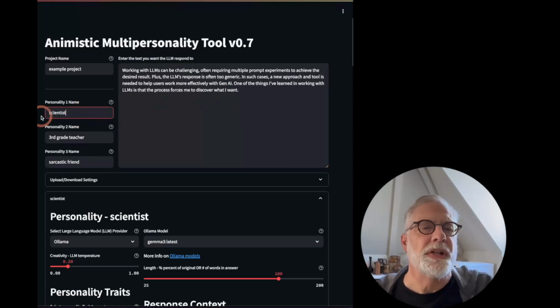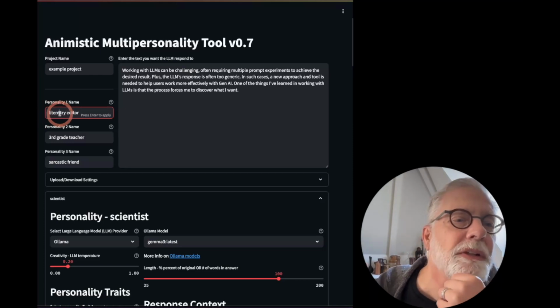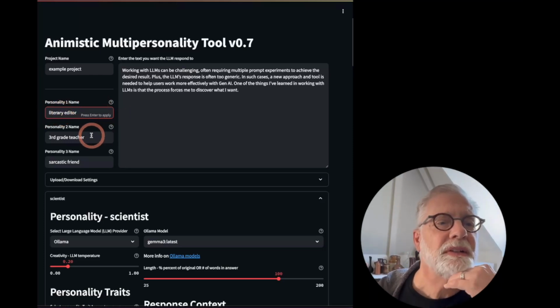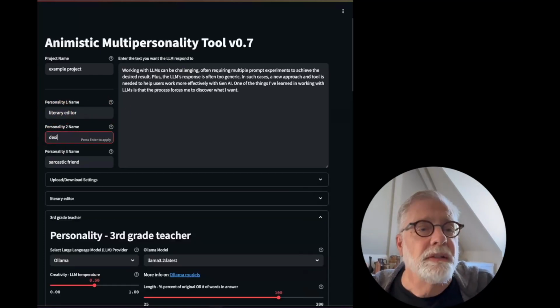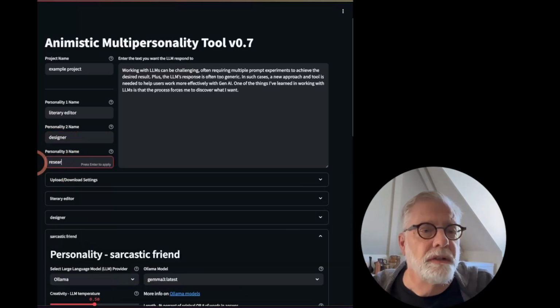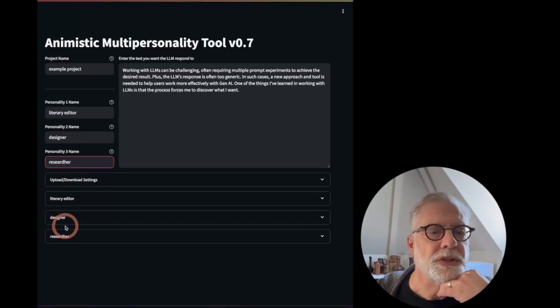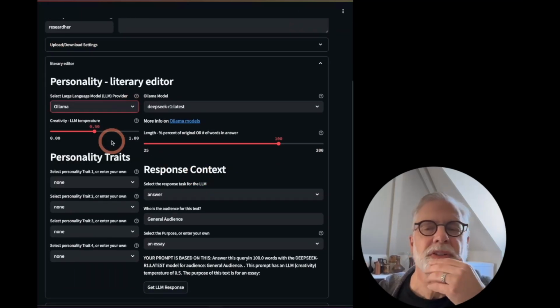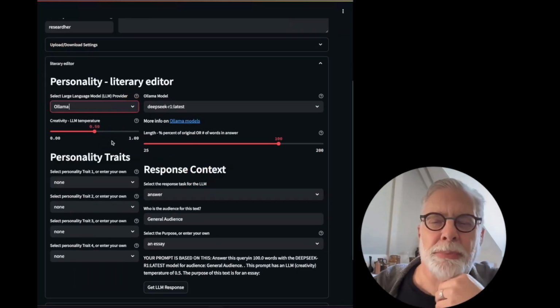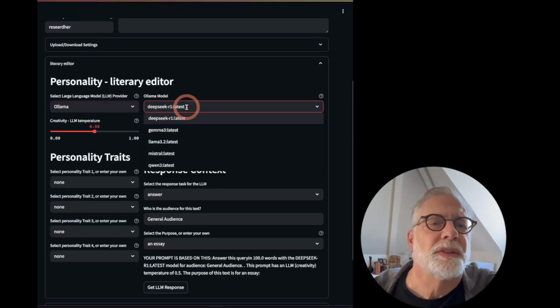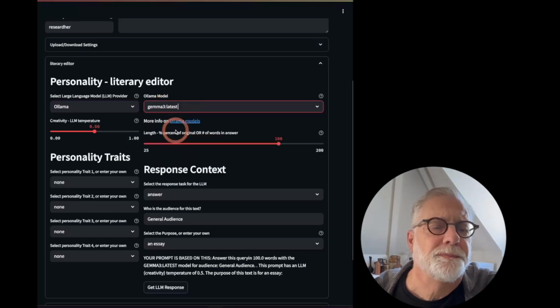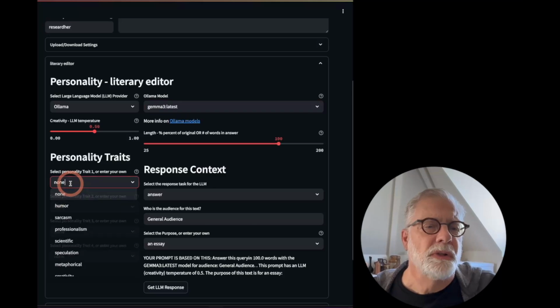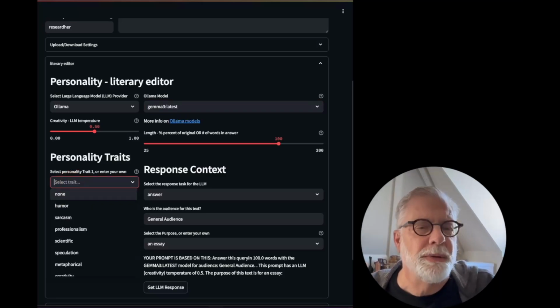Okay, so we need some personalities to respond. Literary, oops, maybe literary. Good spell. Okay. Who else? Designer and let's see, researcher. Okay, so there's our 3 personalities. Let's go down. And again, I'm going to keep using Ollama because I don't want to pay the stupid fees and boil the planet. Okay, so for literary editor, let's use Gemma. And so I'm going to make a new trait here by backspacing over the defaults. And we'll call it